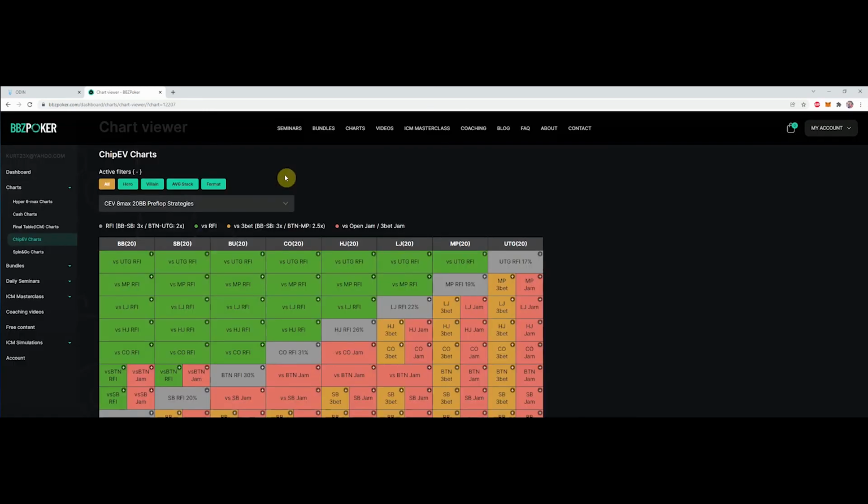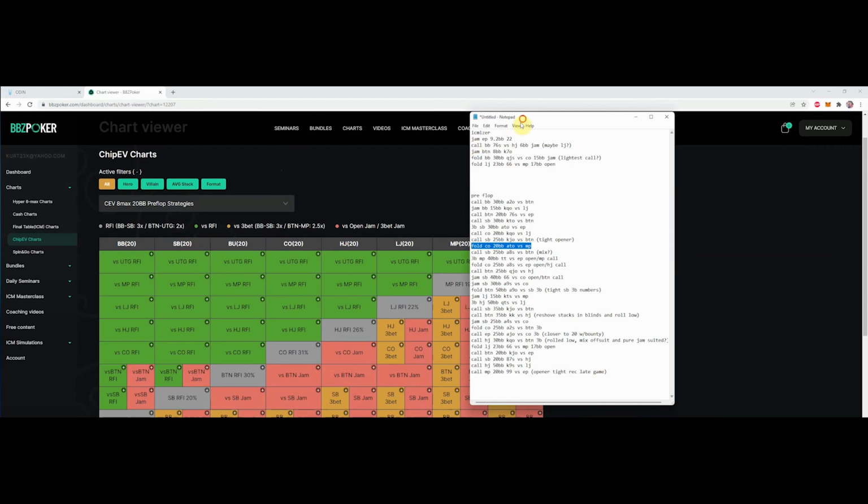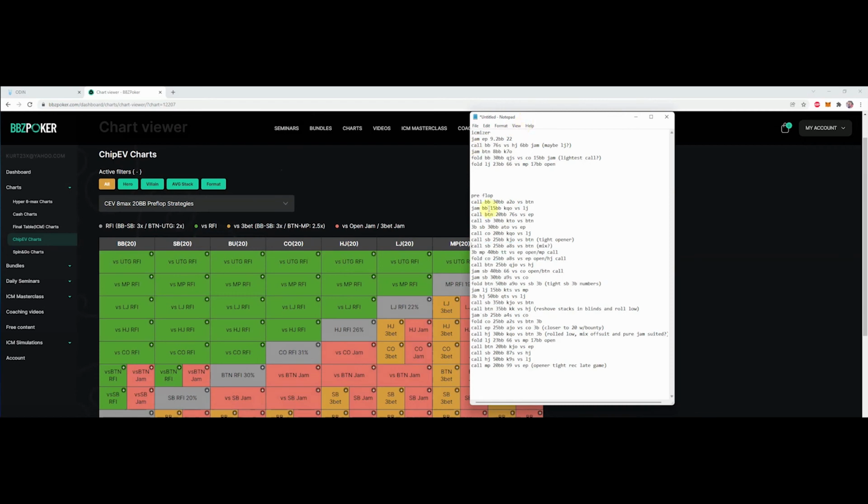So I probably just choose not to use that size at all, although I don't hate it being incorporated. That doesn't mean we can't use it. That's just something I haven't really implemented into my own game and could possibly look into myself here in the future. Now, this next spot here, we'll check out, looks like we called the small blind with king jack